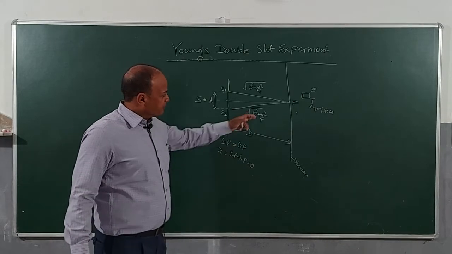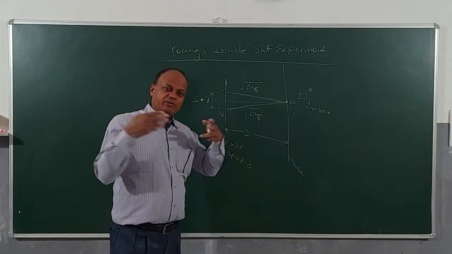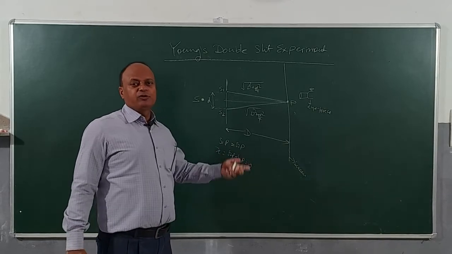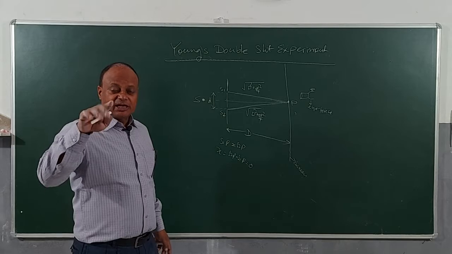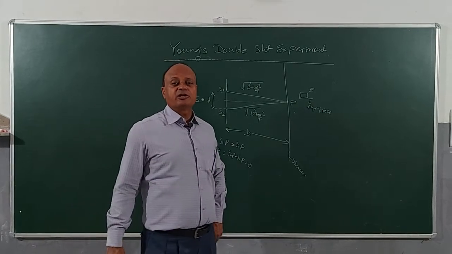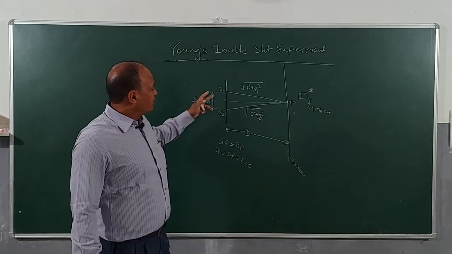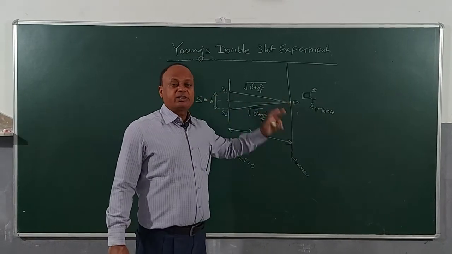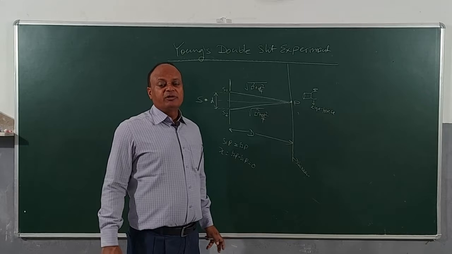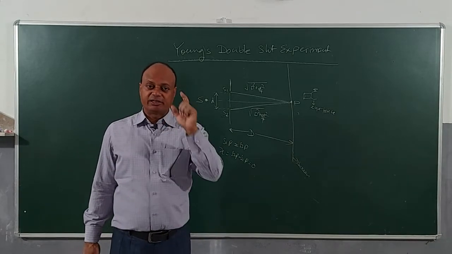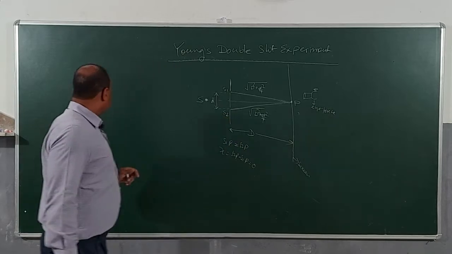So, that means at a point P on the screen, both the waves are going to meet with 0 path difference, and therefore, there will be 0 phase difference, and these are ideal conditions for what? Formation of a maximum. That means, we will conclude that a point which is symmetrically located on the screen will become a bright spot, because it is going to have a constructive interference. Clear?